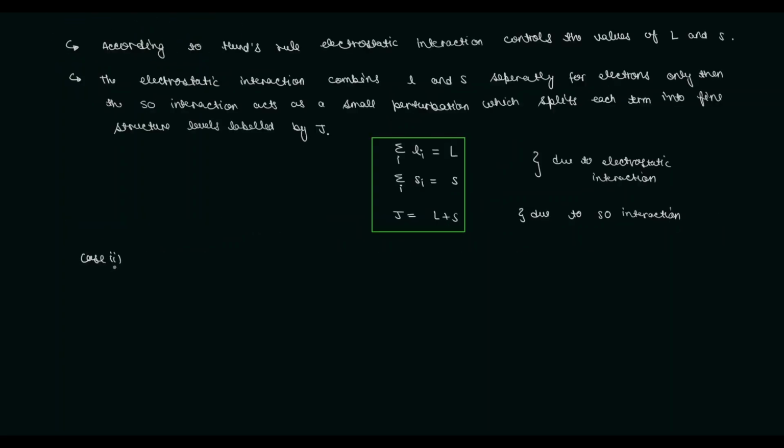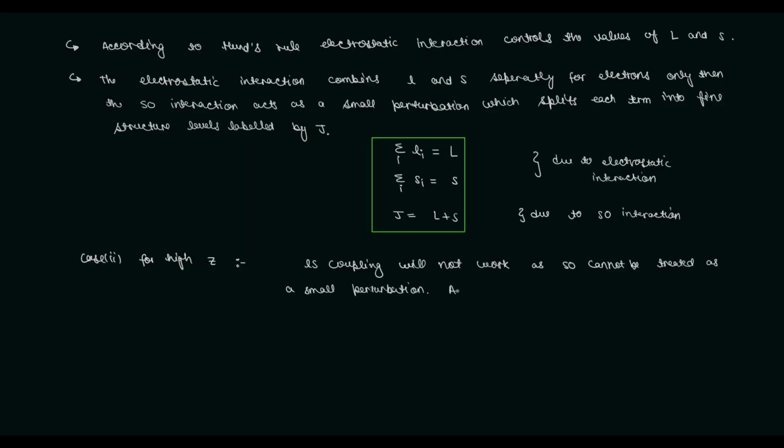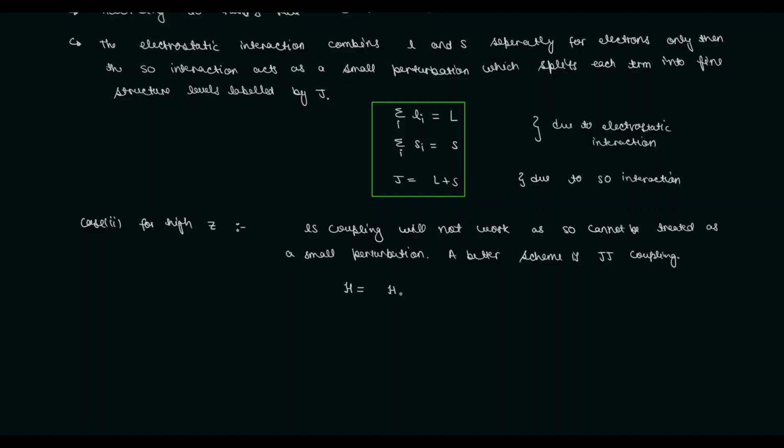Now let us consider the other case, that is, high atomic numbers. For these, the LS coupling will not work, as the spin-orbit interaction cannot be treated as a small perturbation. So a better scheme is JJ coupling, where the Hamiltonian is equal to the Hamiltonian due to spin-orbit interaction plus the Hamiltonian due to electrostatic interactions. Here the dominant term is the spin-orbit interaction, while the electrostatic repulsion acts as a perturbation,